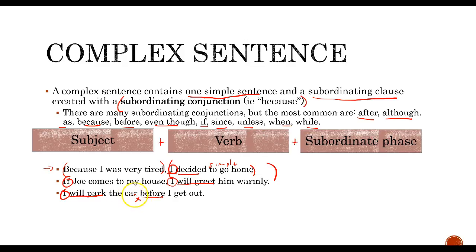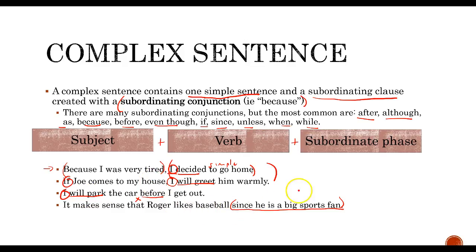Right? This rule can be really helpful with since or because. A lot of times when people put because in the middle of a sentence, they tend to put a comma before the because. It makes sense that Roger likes baseball, comma, since he's a big sports fan. But you wouldn't actually put this comma here, because this right here is the subordinating phrase. Since he's a big sports fan, it makes sense that Roger likes baseball since he is a big sports fan. Or we could replace this with because. It makes sense that Roger likes baseball because he is a big sports fan, and we wouldn't put a comma